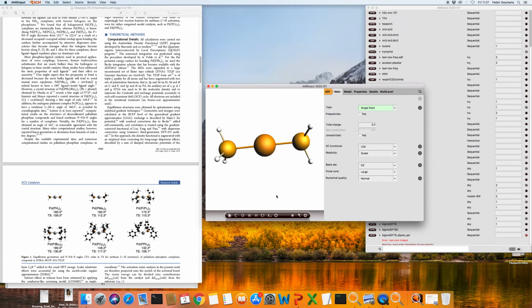In this case, we'll do a quick pre-optimization using XTB. Right click on this little cogwheel here, which defaults to a UFF optimization, to switch to XTB. The first thing that you will notice is contraction of the palladium-phosphorus bond and slightly twisting here. So we measure the angle here. You can see actually this is much more bent than the preferred DFT structure. So something to bear in mind,